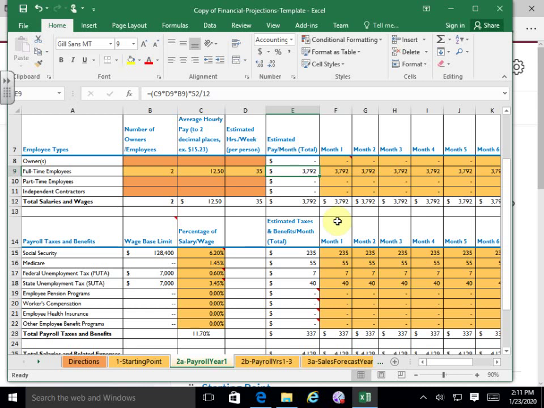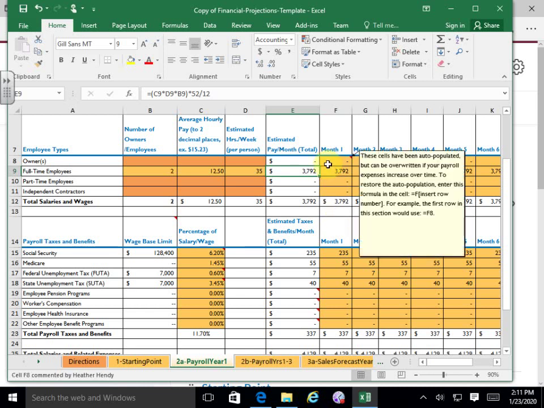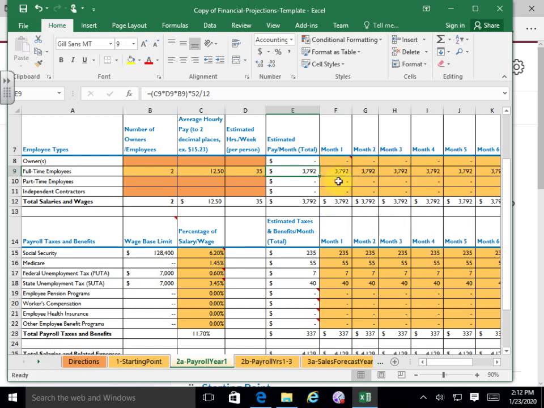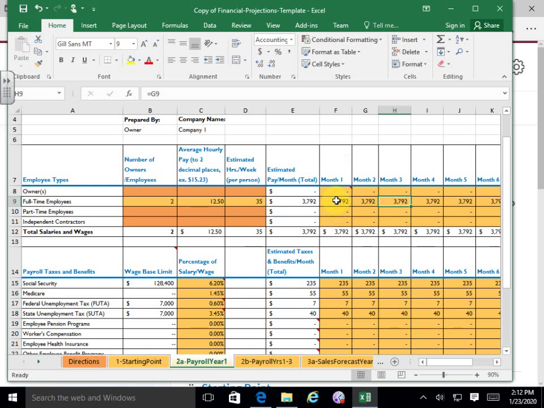Okay, I will say this: where this can get to be a bit tricky is if you got a seasonal business, because this fills it in as if every month is the same. Okay, but you can see that we can make changes over here because it's a goal. So if you've got kind of a seasonal business and you're making some payroll, we can go ahead and make some changes. These formulas are kind of connected, and so we got to mess around with it a little bit. Just holler at me. It's not difficult at all, but we do got to do a little messing around on that. Part-time, same thing if you've got part-time.